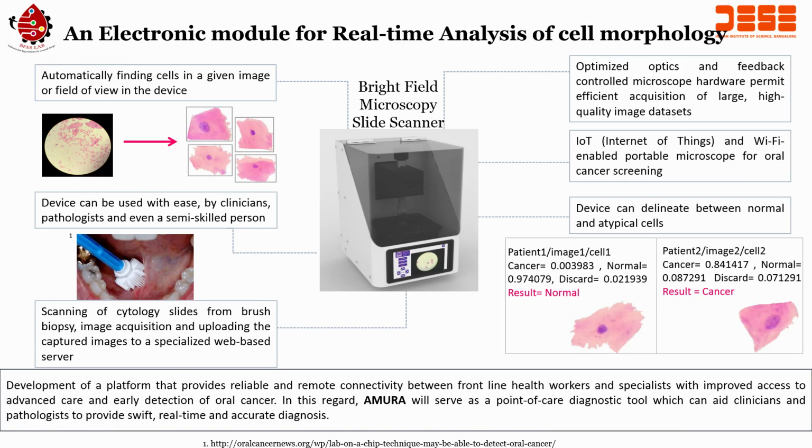Okay. So, let us see the first one. Here you can see the brush is used to take out the cells from the oral cavity. Then you have to put the cells onto the glass slide and smear it down, either by manual smearing, or you can load the cells with PBS in the cytospin and smear it down on the glass slide. Load the glass slide into this particular platform.